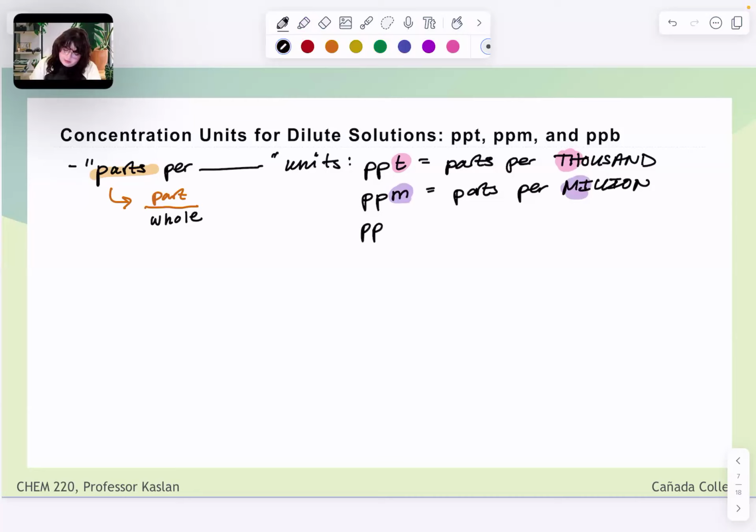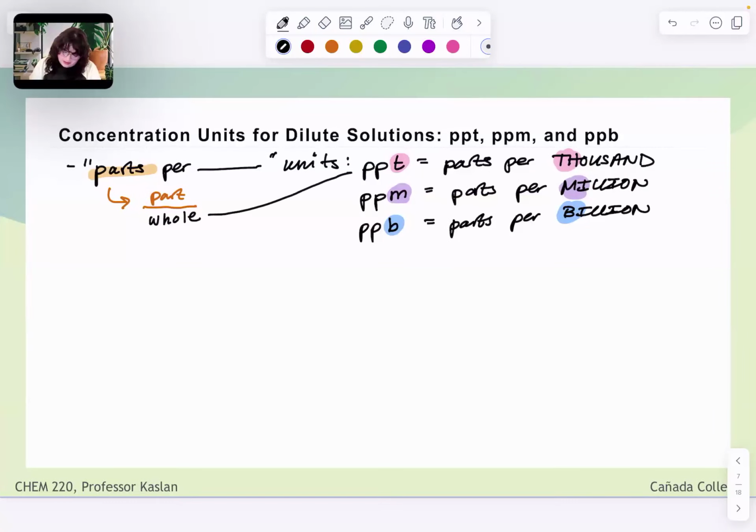And then ppb, even more dilute, B, that is parts per billion. So depending on what level of diluteness we are looking at, so how dilute our sample is, the whole could be either out of 1,000, out of 1,000,000, or out of 1,000,000,000, which expressed using shorthand, so not quite scientific notation, but like exponents,